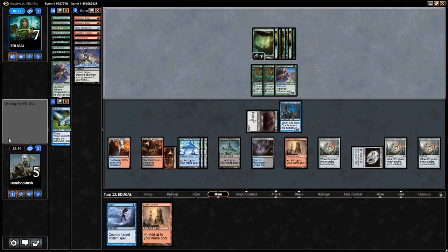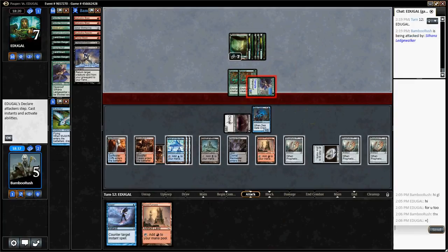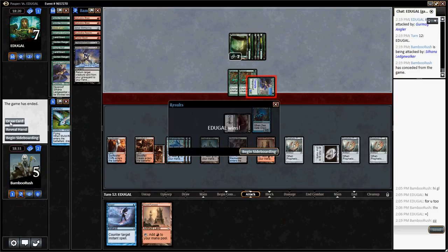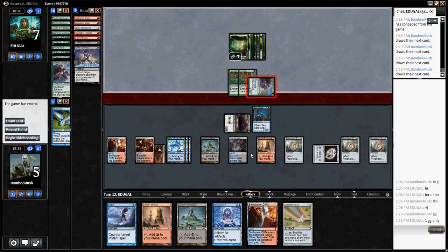He kind of knows it's not, but wow, how sad. Should not have cast that Chainer's Edict there. That cost us the game for sure. We had this game won, I believe. Yeah, I think so. A lot of land still, but